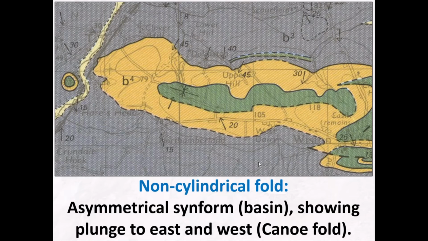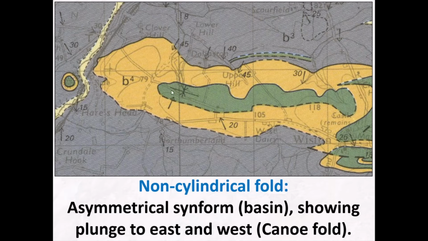So on map view, you can see this is a still from the Haverfordwest sheet, and you can see that we're dealing with a synform because the two limbs of our fold are dipping into each other. We've got a fold